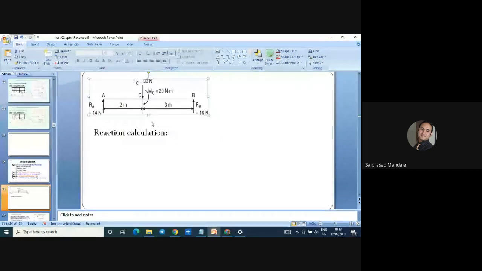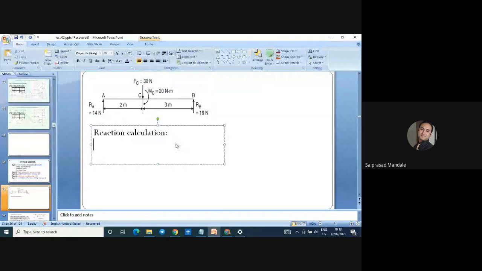Do a thing. Go for the cross-verification of the reaction calculation. If I don't know the value of Ra, if I don't know the value of Rb, what will be the magnitude? Let's cross verify. Ra plus Rb is equal to load. Load is given to us, that is 30. My first question to each one of you: when there is a force calculation, it is a reaction calculation. Reactions mean nothing but a force.